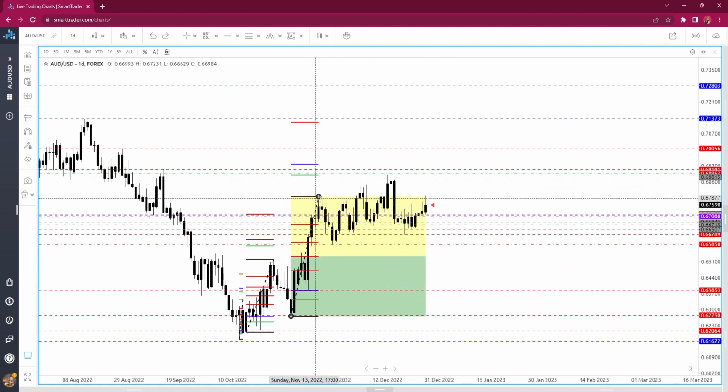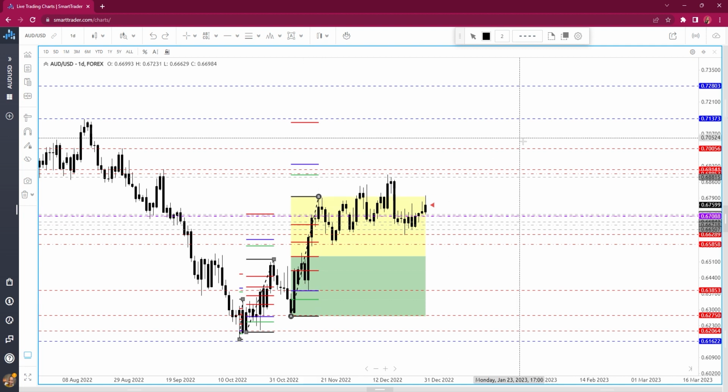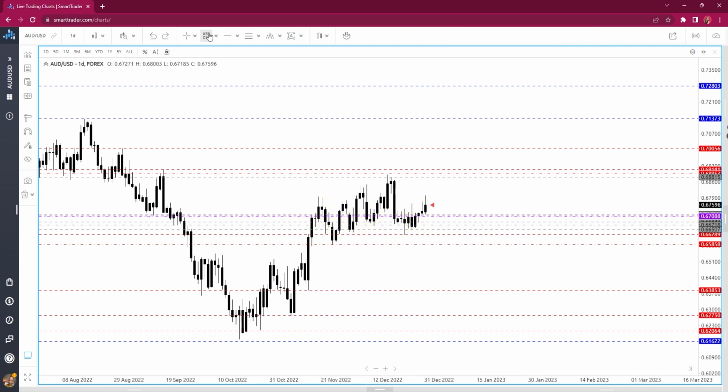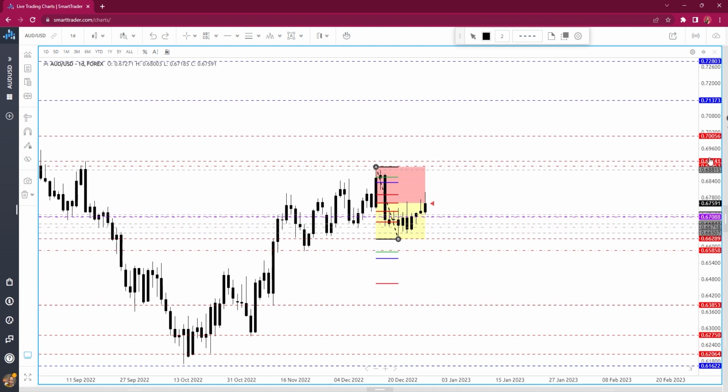Now, the way that I'm going to look at that and figure out on the technical side is I'm going to run my fibs to the downside from the last high. So I click the last high, A, B, price is at the 61.8. So now this makes sense. Why